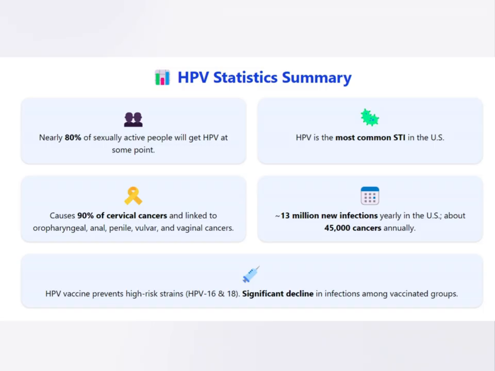There is a vaccine for HPV that prevents the high risk strains. So there are hundreds of strains of HPV. Certain ones cause the warts. Certain ones cause cancers. The top two that cause cervical cancer are HPV strains 16 and 18, and that is what the HPV vaccine prevents against. And there is a decline in the infection rates related to the vaccine. I would say more importantly, or just as important as vaccination, because this is an STI and it is so common, and oftentimes has no symptoms,